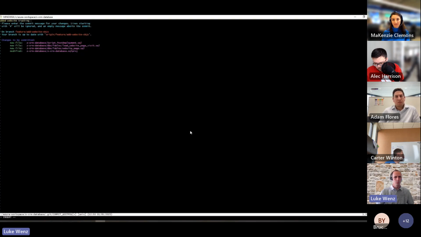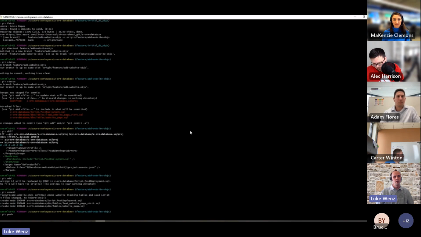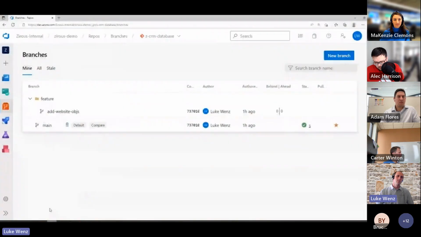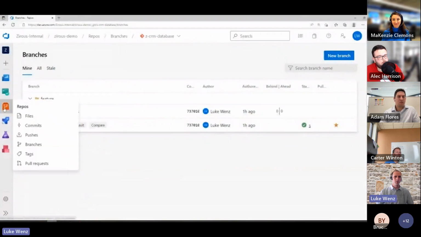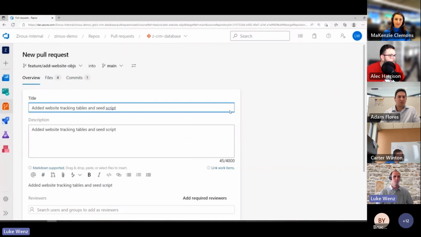repos. And a couple quick notes, if there's things that you don't want to include, like sometimes you might not want to manage your database users through this, you can exclude them either within the database project, or you can also include those in a git ignore file, so then those won't get attempted to get migrated within your pipelines. So now if we go back out into Azure DevOps, we can see that we've got our remote